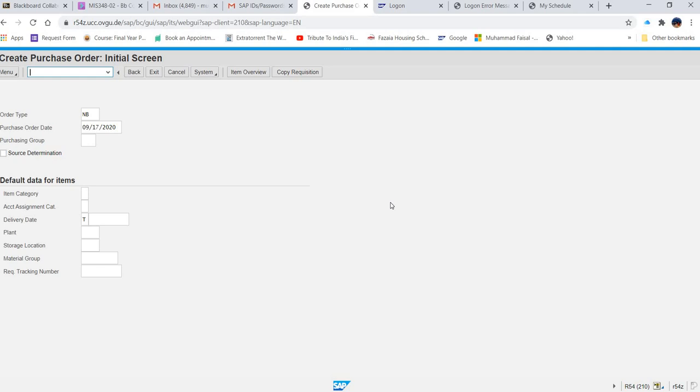Now, for example, in the exercise, they are giving you some transaction, and they are asking you to see what type of transaction it is. For example, in the exercise they said, go to the transaction.